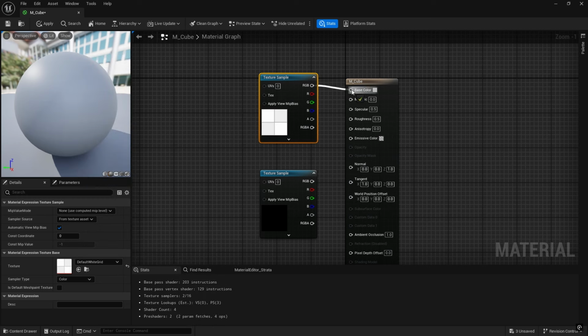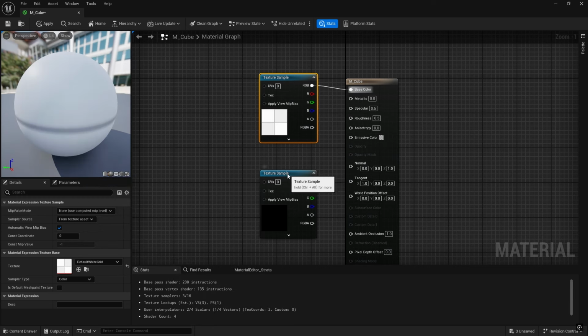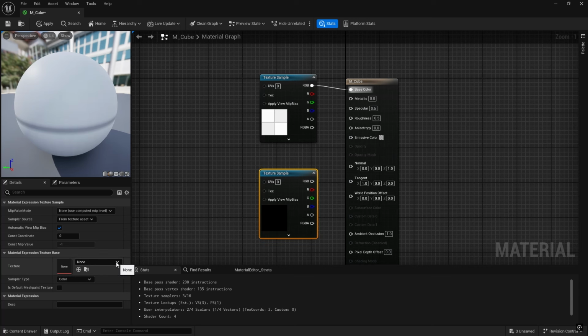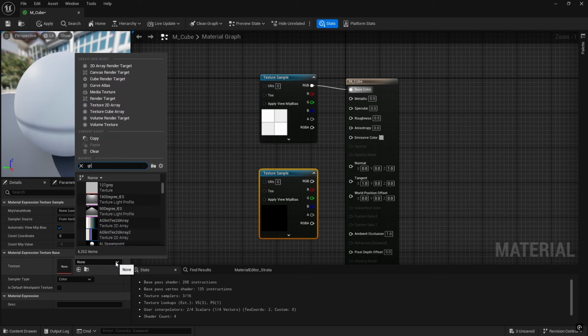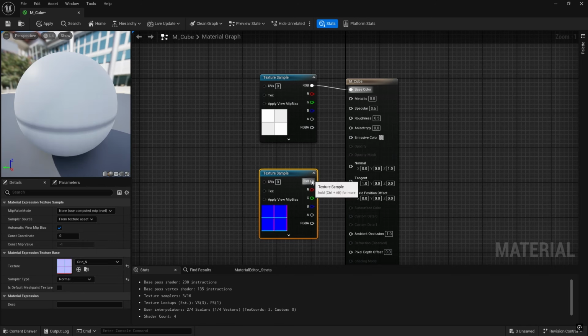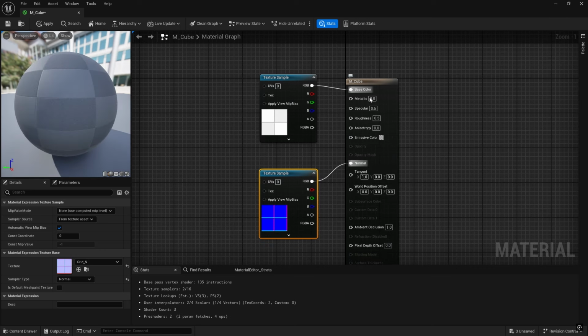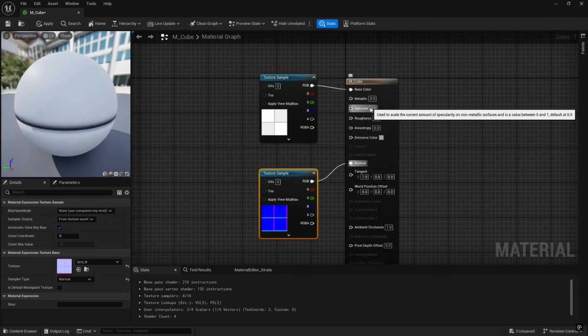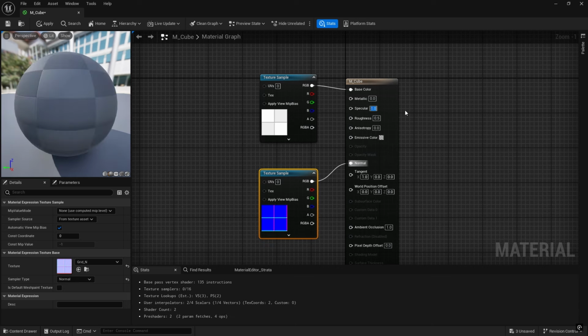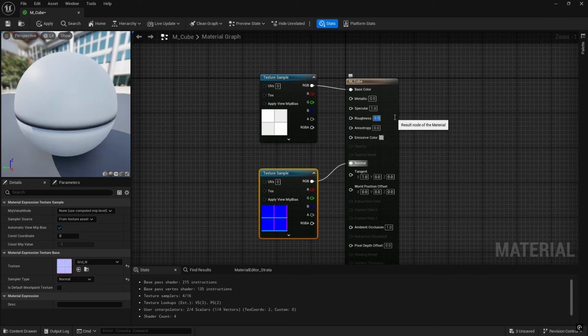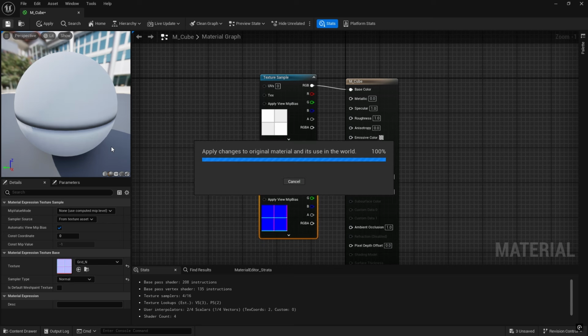Plug that into the base color. Our second one is going to be the grid normal, grid underscore N. So these were the same ones we set up for our landscape. Plug that into the normal, and then we'll set the metallic at 0, specular 1, roughness 1, and that will do. So we will click save,